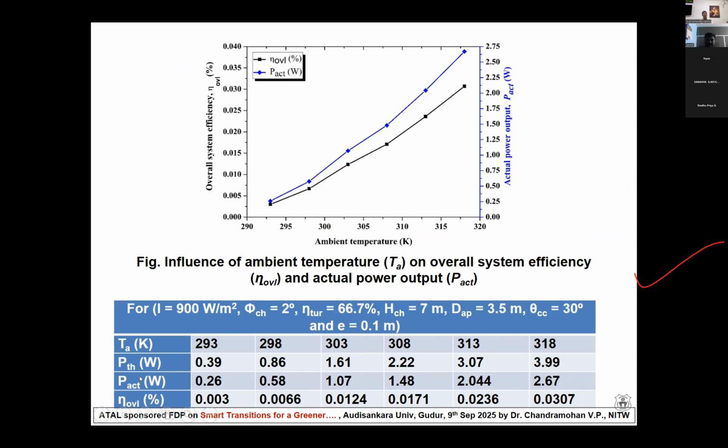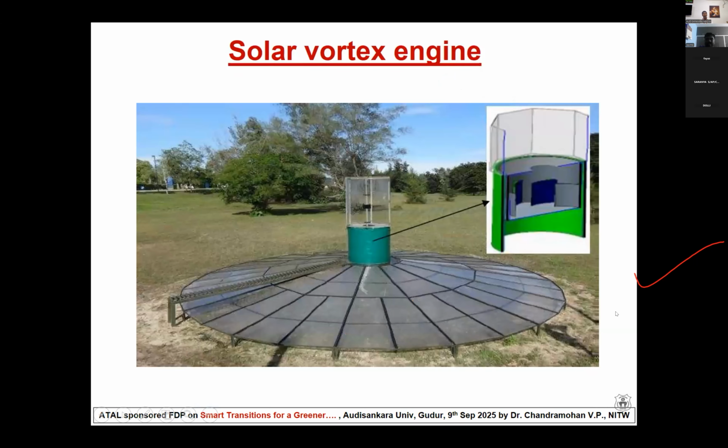The actual power output is estimated for different temperatures, and we found that when the temperature is increasing, actual power output is also increasing, and overall efficiency is also increasing. The next one is the solar vortex engine. Actually, the limitation in the solar updraft tower is that we need to make a very high chimney, but in the solar vortex engine,